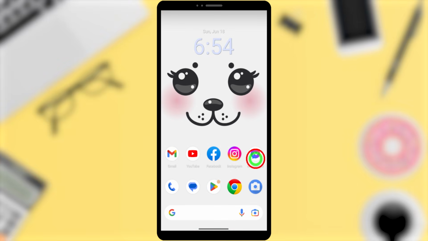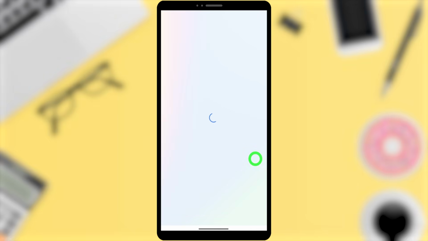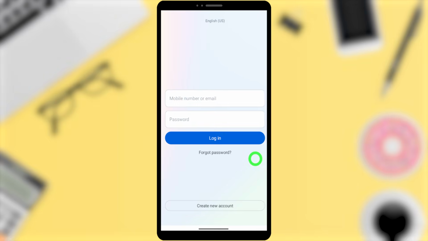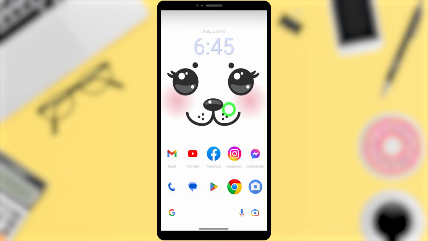Then open your Messenger application. Once you open it, you can see it is loading. Then we'll get this login interface. Even after all these things, if your application is still not working or still not opening,